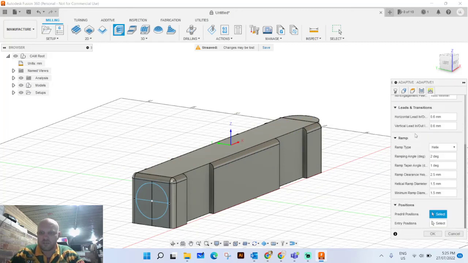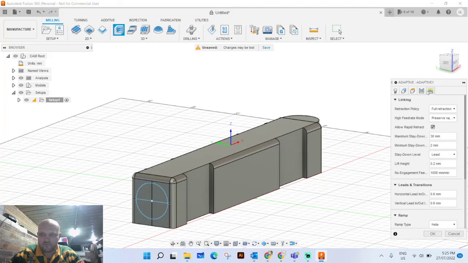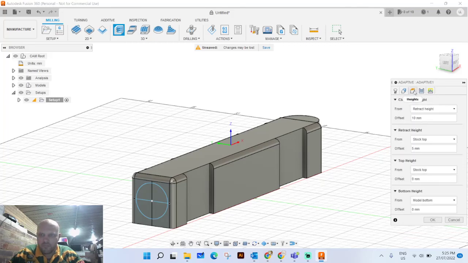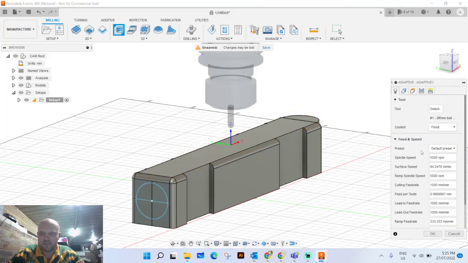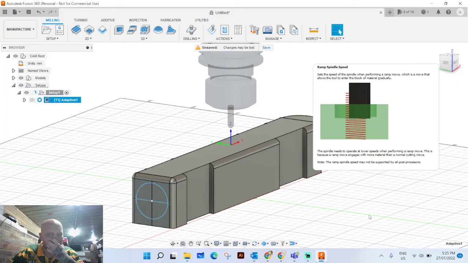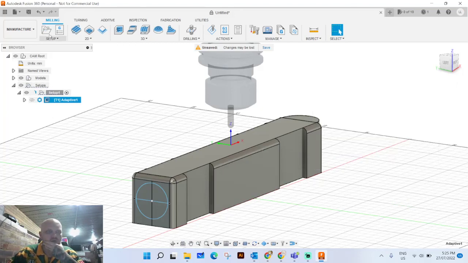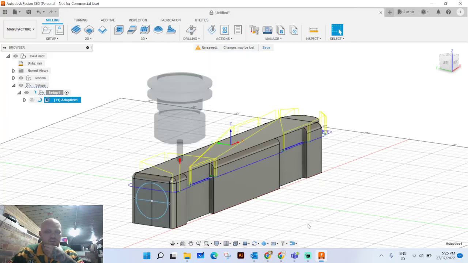Passes, linking. Perhaps we need to be in setup. Apologies, I'm just running through checking. Feed and speed, shaft holder. Let's click OK, although I'm not sure. I suspect we might have done something wrong. I might have to pause the video here and ensure I can